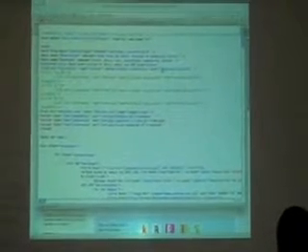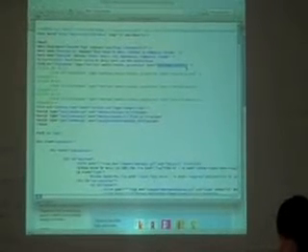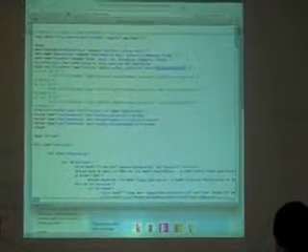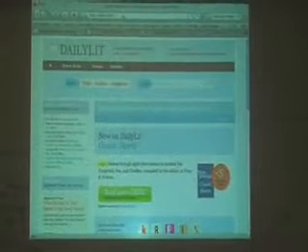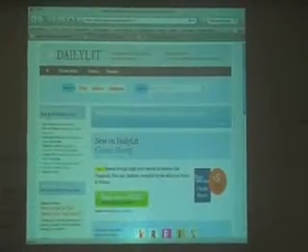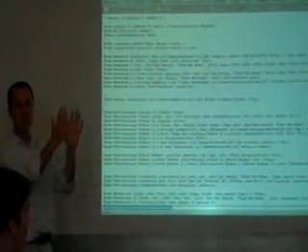Well, if I take this portion of it, just this portion here, and if I copy that, and if I go to the browser and I type that, but with the full link, you saw it was a relative link, so I need to put the full link here. And I hit enter, this is the style sheet. This is one of the DailyLit style sheets. So what did I just do? I looked inside the source of the DailyLit page and I said, hey, where is DailyLit pulling their style sheets from? And I took that relative URL